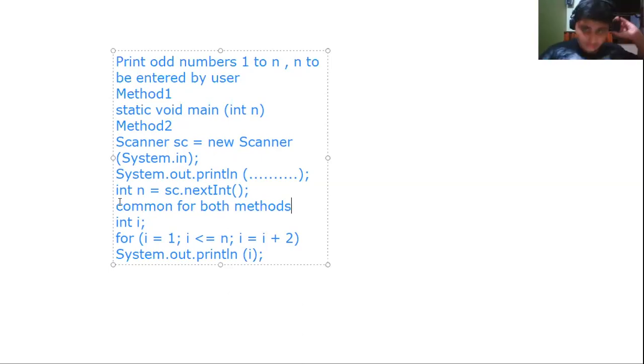Yes, sir. Whenever input is there, some of the questions you do by parameter input, and some of them by Scanner method. And practice the if, if else, else if, and the for loop, while loop, do while loop.